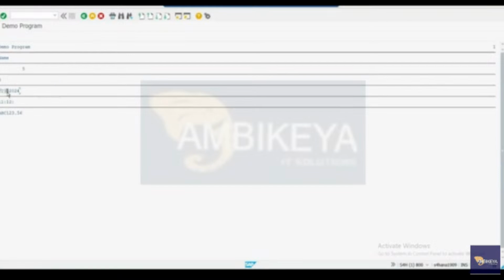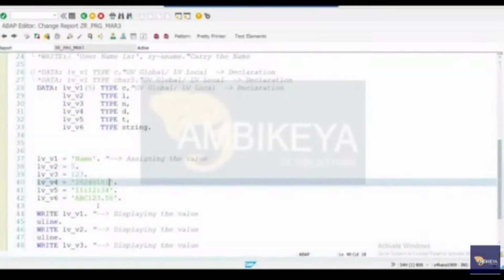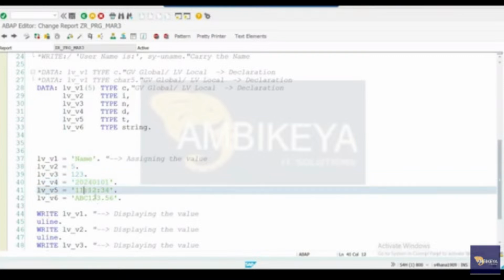First date, month, and year, like this. And here also, we should not use separators and all. Then it will print correct. And as you can see,